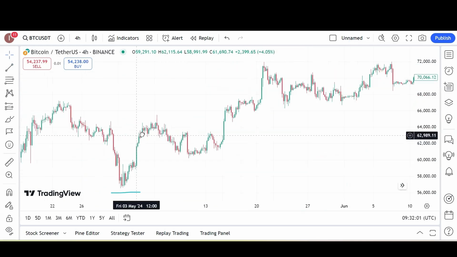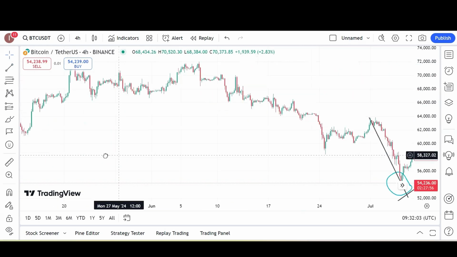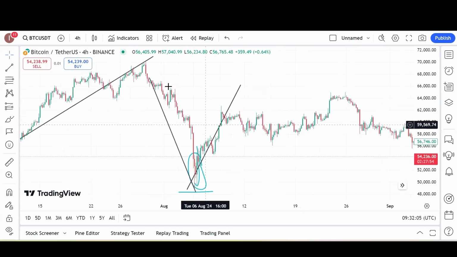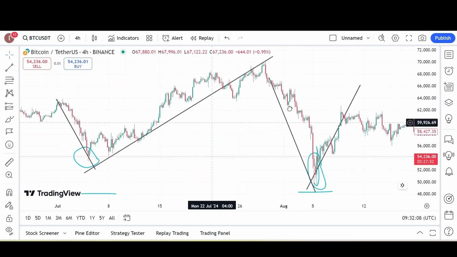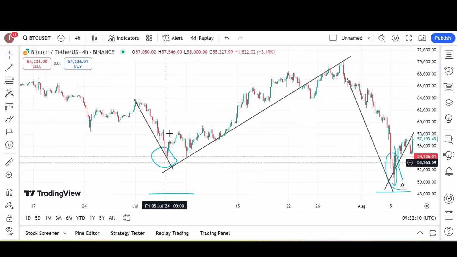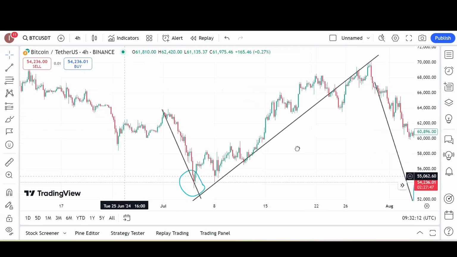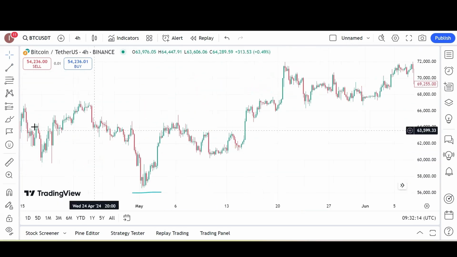This mostly occurs in a downtrend. As you can see, before the bullish engulfing, the market was downward. In the second example, the market is downward, the bullish engulfing candle appears, and the market then goes upward. If we take the third example, as you can see